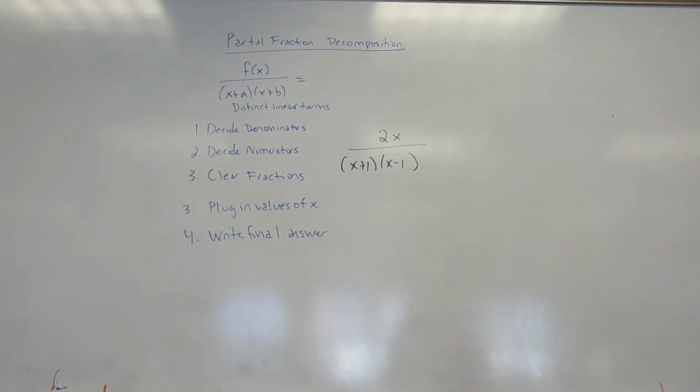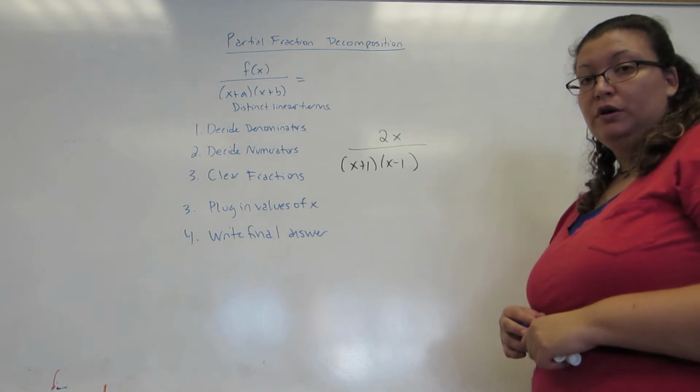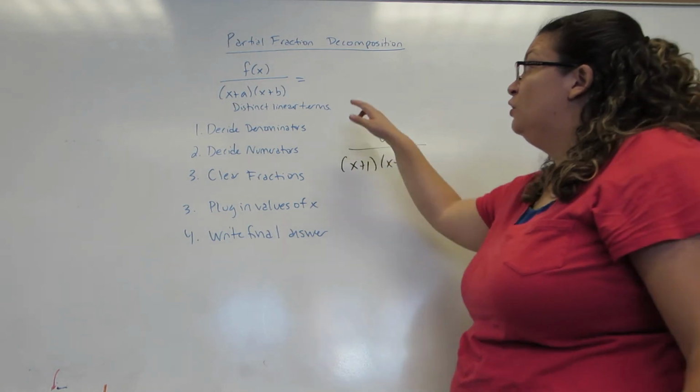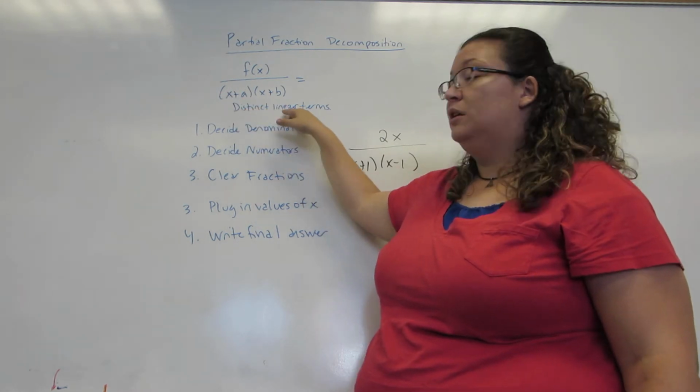We're going to learn a technique called partial fraction decomposition. Now, partial fraction decomposition is designed to undo the addition of fractions, which is made complicated by the fact that when we add fractions, we must have a common denominator. So, we're going to start with the simplest case, where in your original fraction, the bottom factors into distinct linear